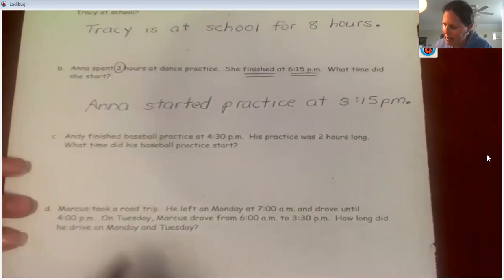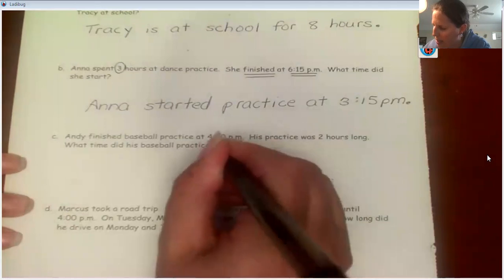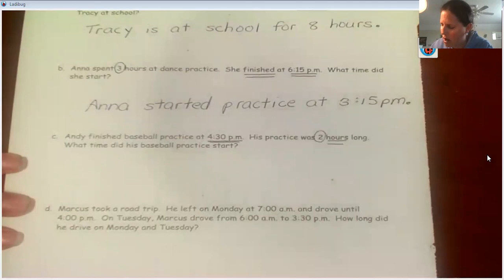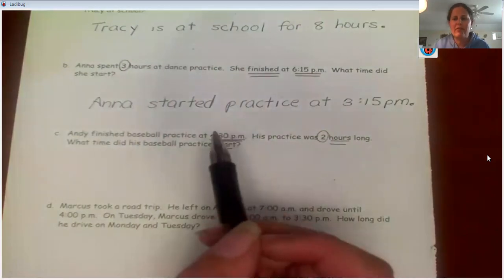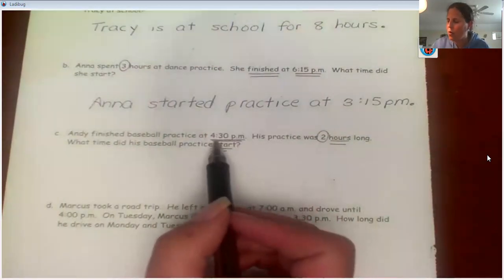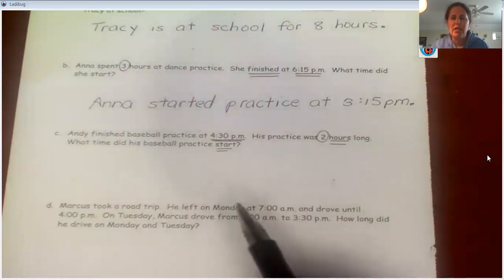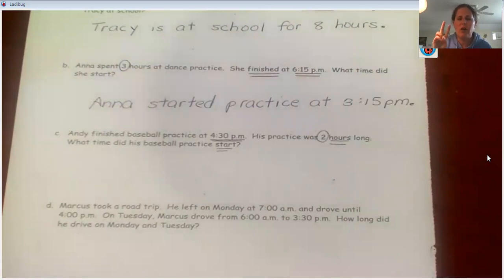Okay, letter C. Andy finished baseball practice at 4:30 p.m. His practice was 2 hours long. What time did his baseball practice start? So once again, they're giving us his ending time. He ended at 4:30 p.m. and we know that his practice lasted for 2 hours. So we need to start at 4:30, subtract 2 hours to find out the time he started. So if he ended at 4:30, I'm going to count back an hour to 3:30 and then another hour back